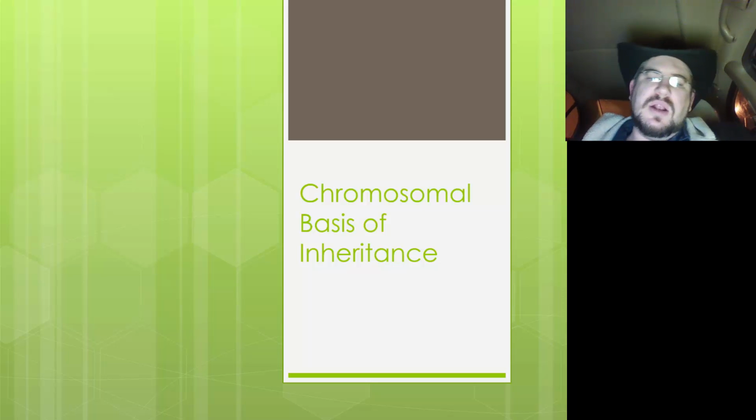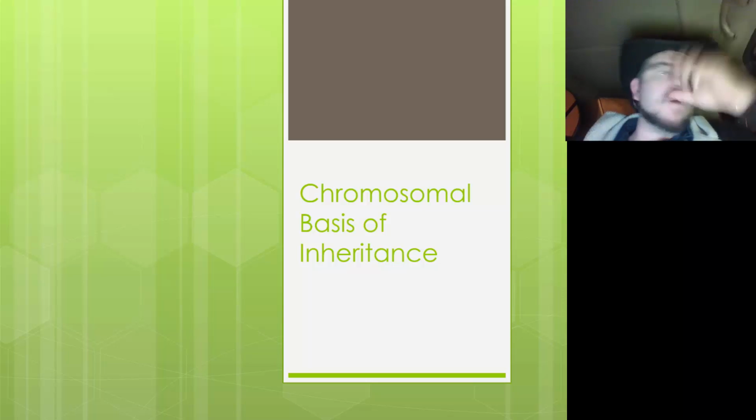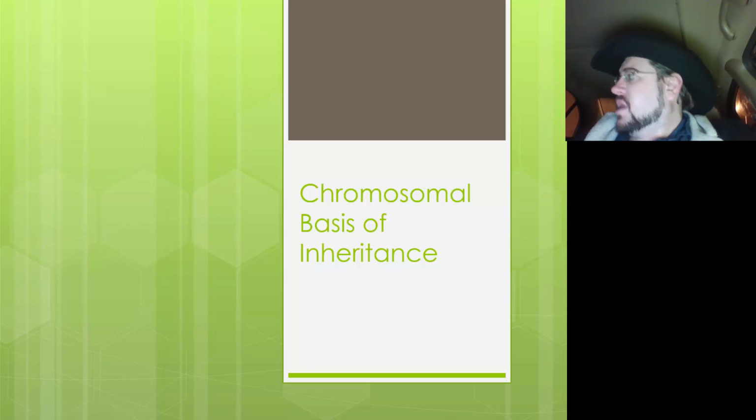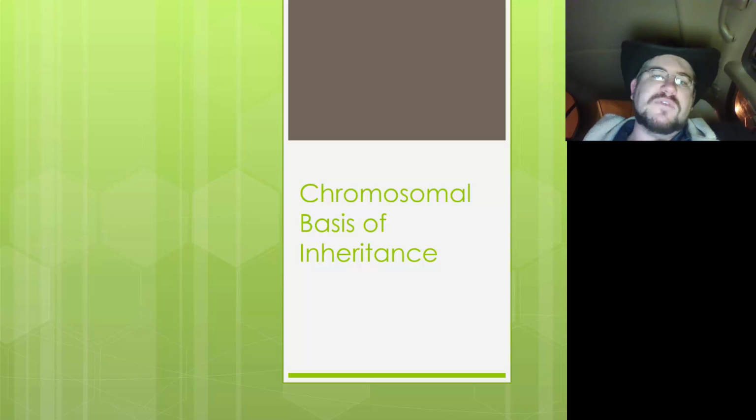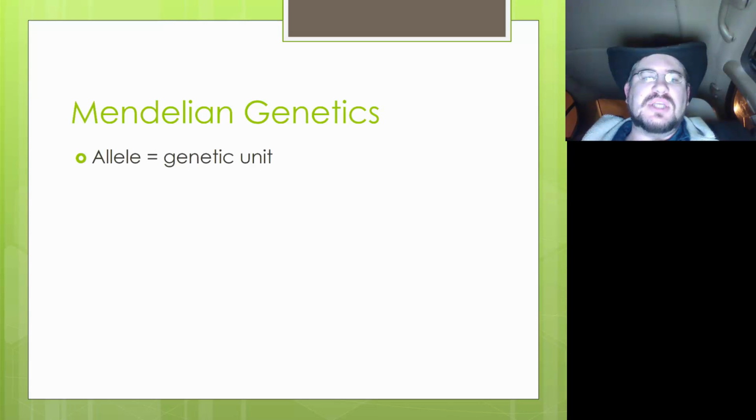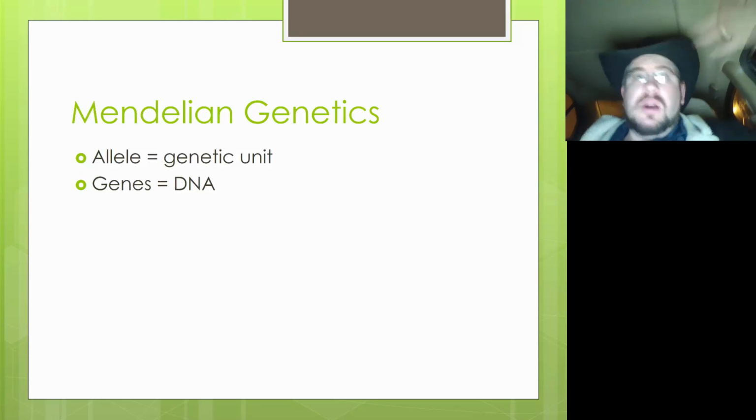This is lecture number 15 on the chromosomal basis of inheritance. The previous lecture was all about good old Mendel and his rules of inheritance. We even talked about some non-Mendelian inheritance, things like codominance, pleiotropy. And now we're going to get into how it all works when you add in the fact that our genes are on chromosomes, right? An allele, as we learned in Mendelian genetics, is the genetic unit, but genes are in